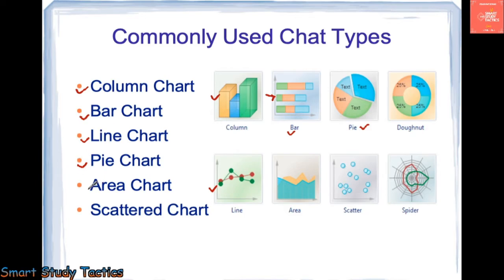Okay, next we have the area chart. You can see the area, it is representing the color shaded portion. So this is the area chart. Next is the scatter chart. Bubble chart, we can say also. We have the spider chart also. Many categories are also available, like donut, spider. These are certain things, but for you people, the column chart, pie chart, and the line chart are very important, that you have to keep in your mind.